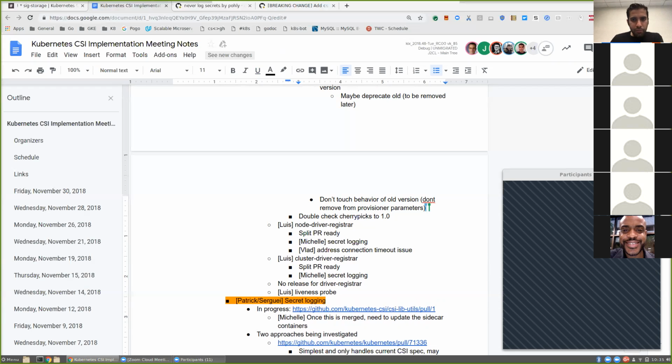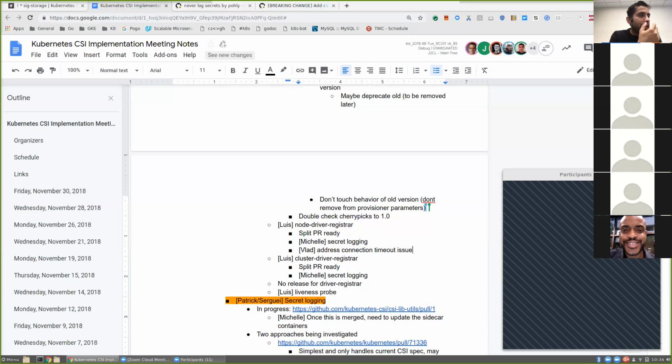Got it. So maybe let's hold off on this until our next release of the sidecars, and we can just do the whole library thing and have this code imported by the library, have everybody use it. Because I don't want to check this in last minute and then have it destabilize the driver registrar. I agree. Right now it's ugly that there's a 1 minute delay, but it's workable, and it doesn't happen in all cases. It happens sometimes. So I'm okay holding this off until the next release.